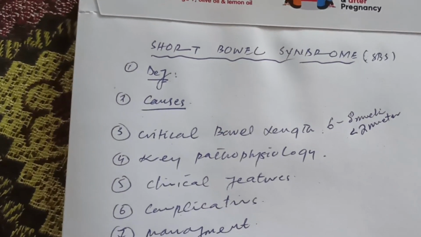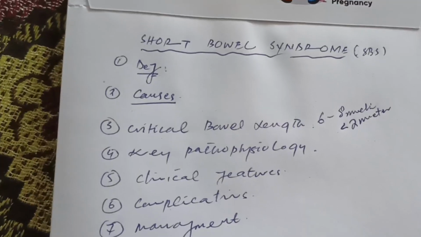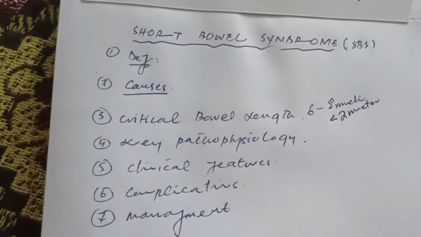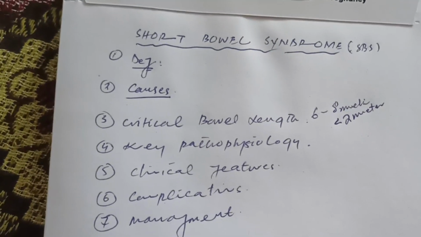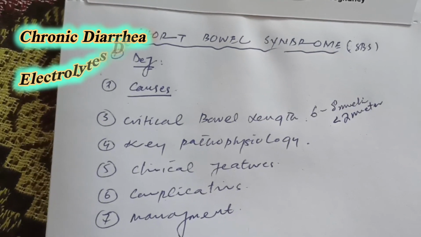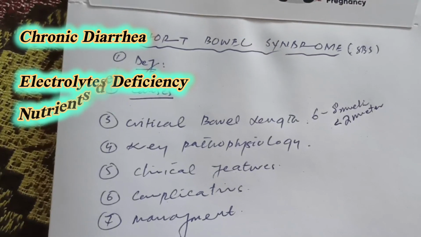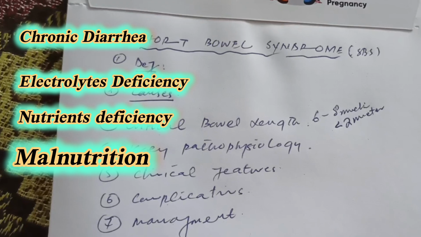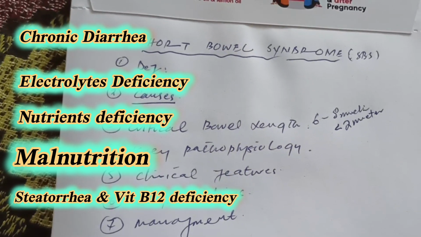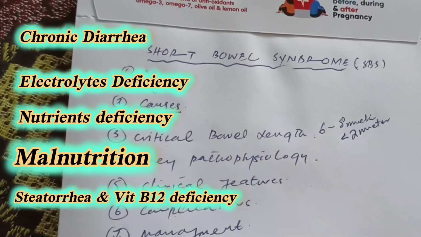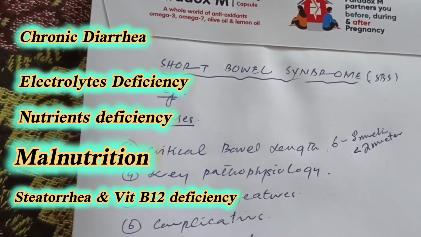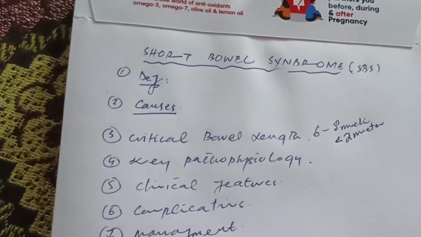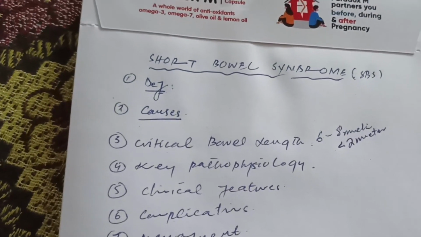So now, what are the clinical features of short bowel syndrome? When the bowel becomes short, there will be less absorption from the GI tract. So there will be chronic diarrhea, electrolyte deficiency, nutrient deficiency, and malnutrition. There will be steatorrhea as well, vitamin B12 deficiency, and weight loss as well. There will be dehydration as well,